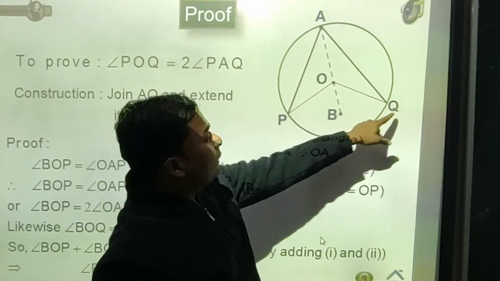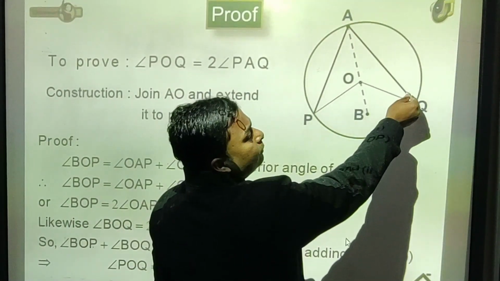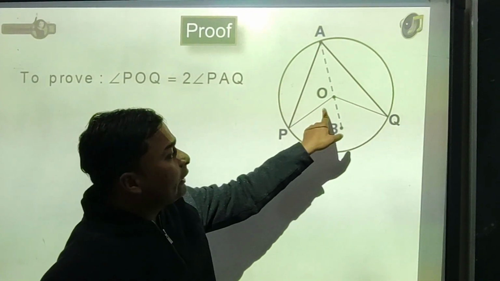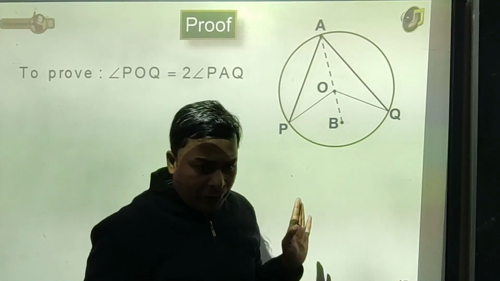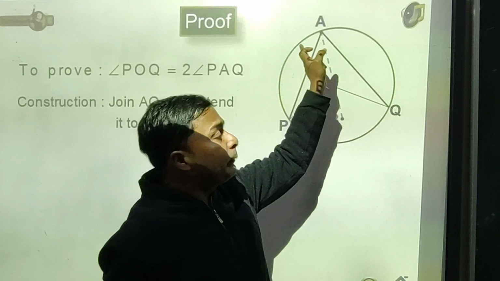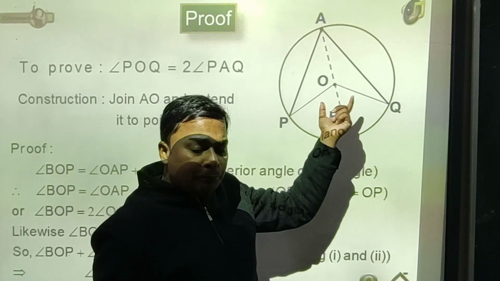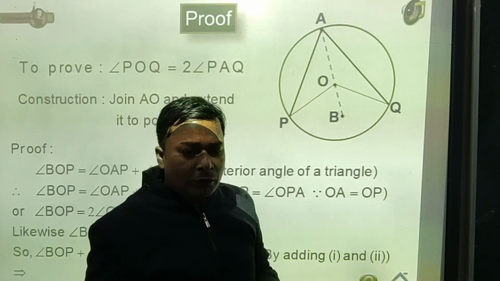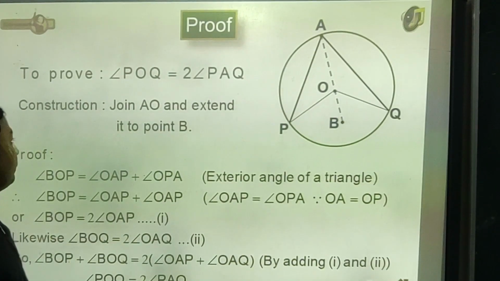In triangle AQO, QOB will be acting as another exterior angle, and suppose we assume that angle Q is y. So again you can say that here it is 2x, here 2y. So what is the value of the complete angle? 2 into x plus y. What is the value of angle PAB? Here this was x, on the opposite side it was y. So the value of this side is x plus y. What is the value of this part? 2 into x plus y, or you can say 2x plus 2y. I hope it is clear to everyone. Yes, sir.